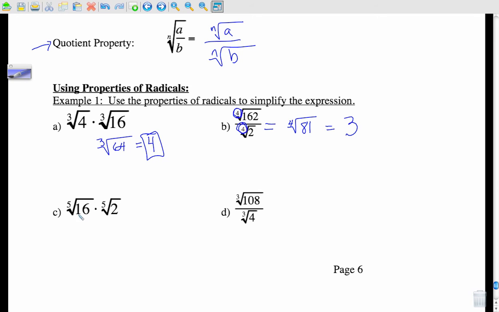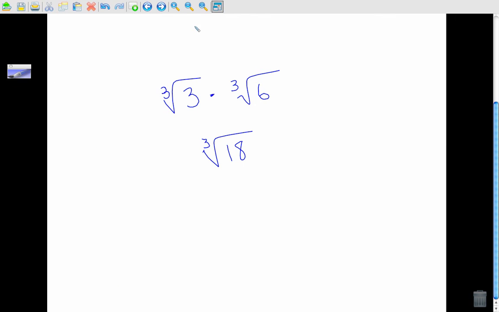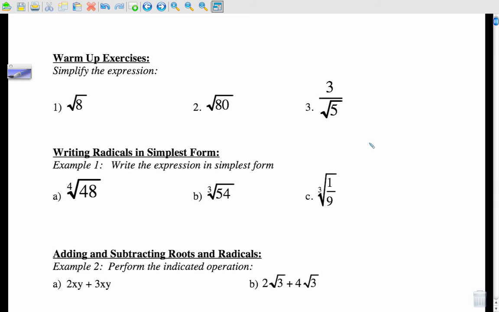Same thing right here. I cannot simplify the fifth root of 16 or the fifth root of 2, so I'm going to put those together to be the fifth root of 32. And the fifth root of 32, if you check on your list again, is 2. Lastly, I'm going to combine these because they're both to the third root. 108 divided by 4, I believe, is 27. And the third root of 27 is on the list. It is 3. So we can split them up and we can put them together. Knowing that information,